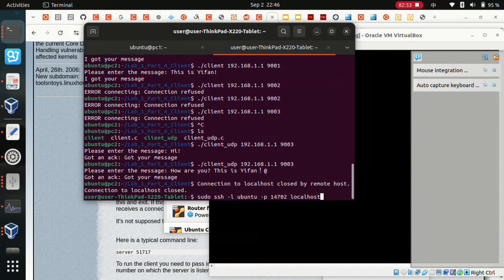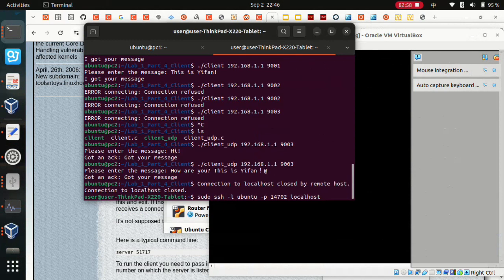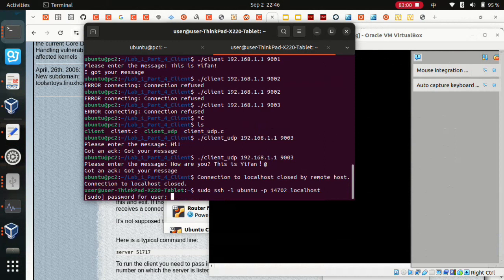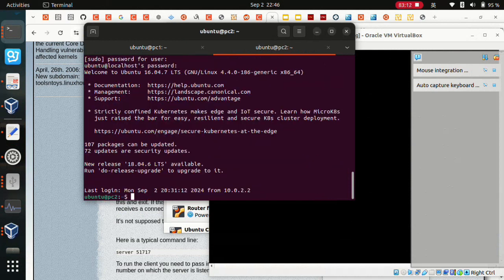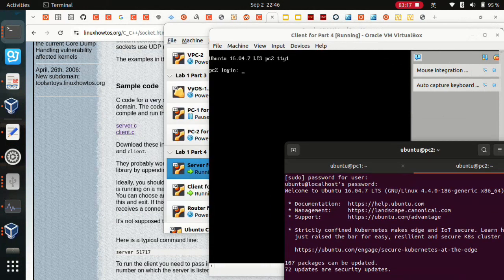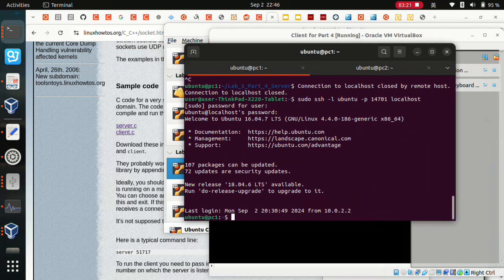And for PC2, it's not PC1, it's actually the server. And the other one, it's not the server, it's the client. Let me also type the password. Okay, it's successful. And I think now I can show that I have already downloaded these